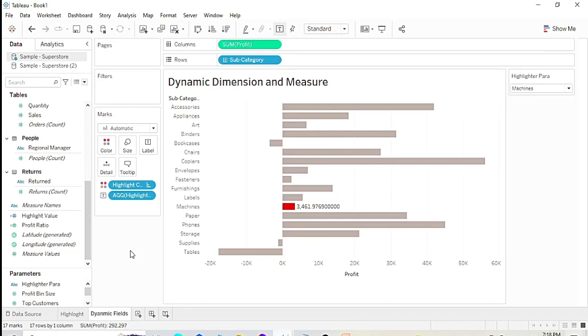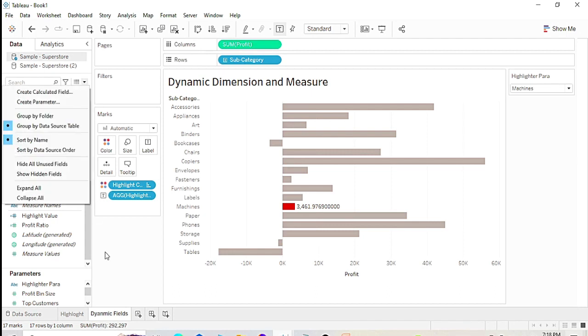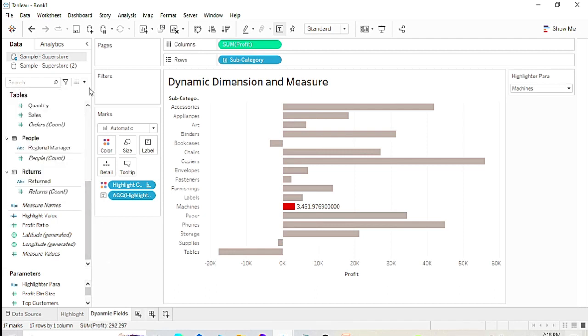Now we will see another use case of parameter, dynamic dimension, and dynamic measure. So how would we proceed? Basically, I'll make the measure dynamic first. Okay, so let's create a parameter first,